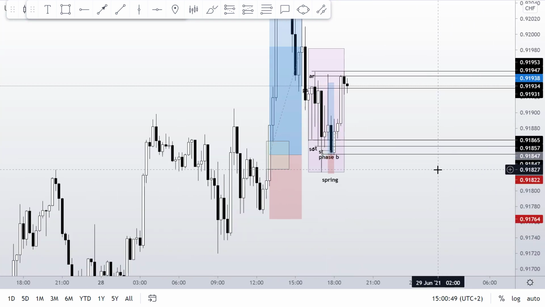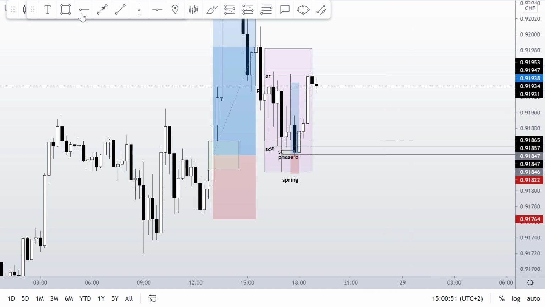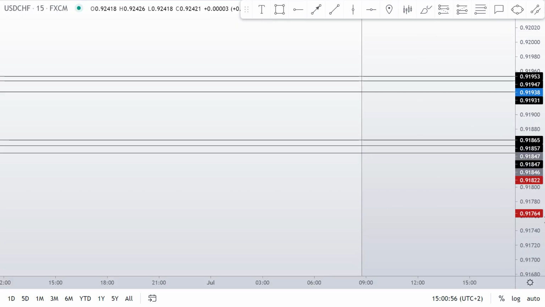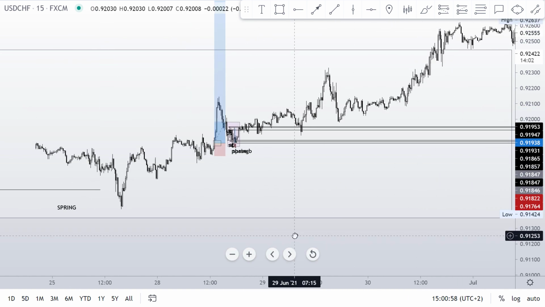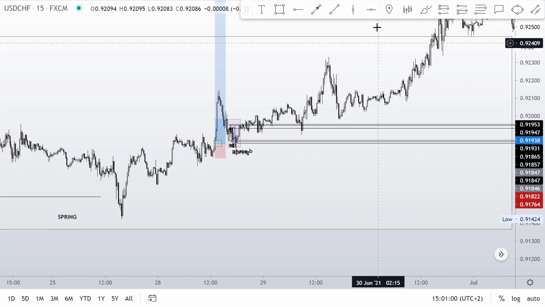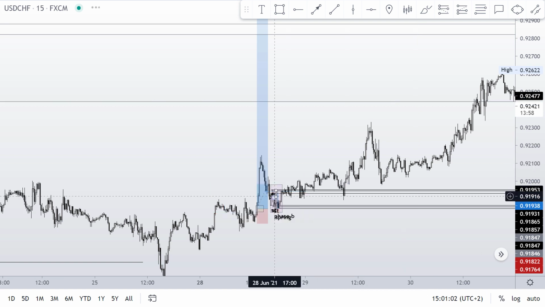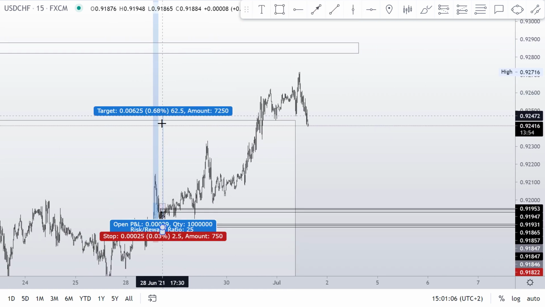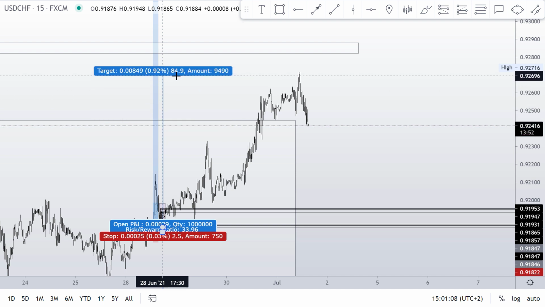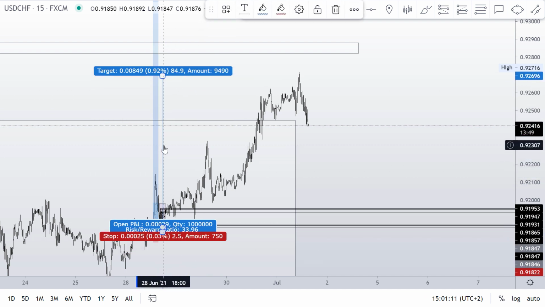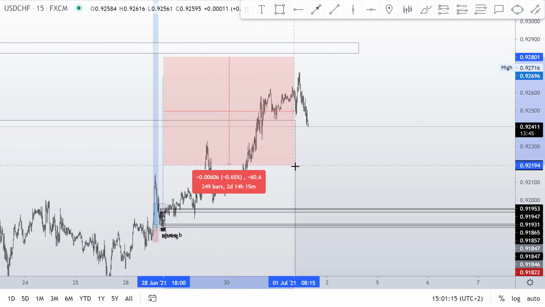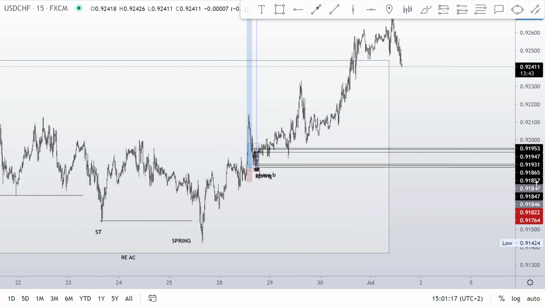Now the unfortunate part in this whole situation, let me exit the replay mode. Okay, let's exit the replay mode right here. The very unfortunate part, now this trade would be running, let's see how much it would be running, at 1 to 22, and it went up to 1 to 33 within 3 days, I think. So let me try this out. Within 2 days and 16 hours.